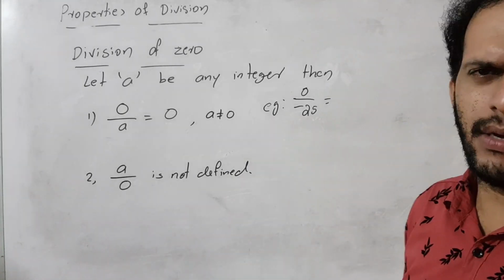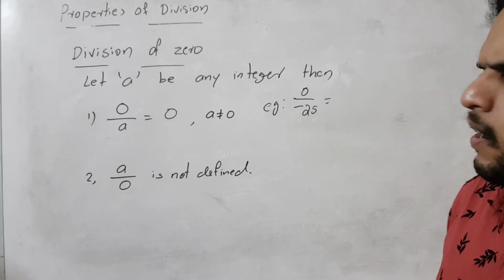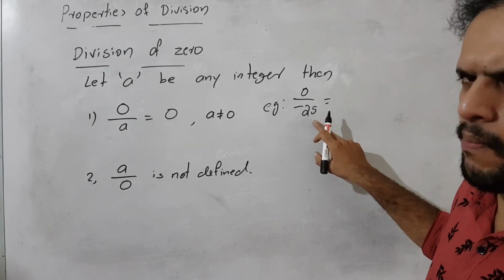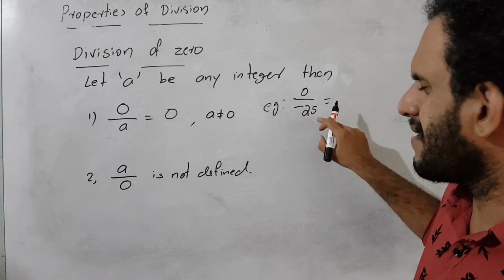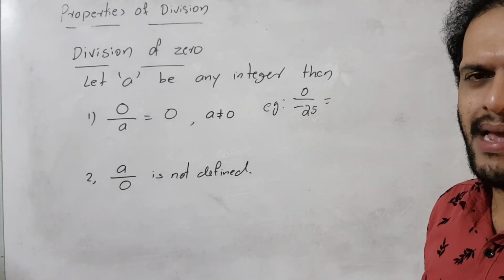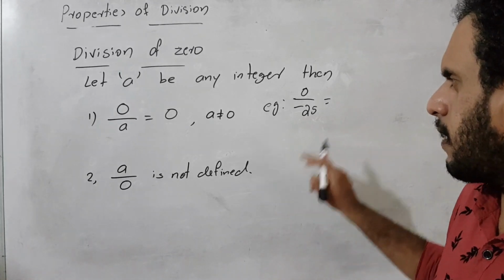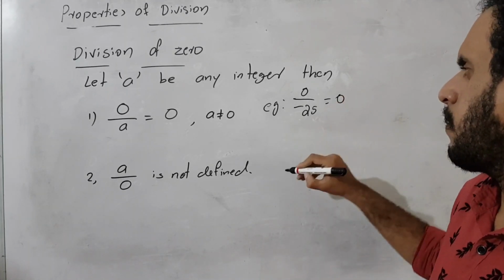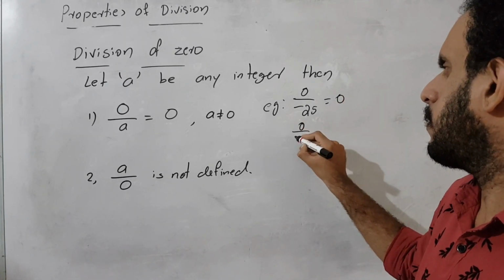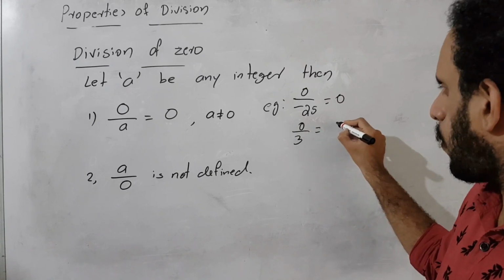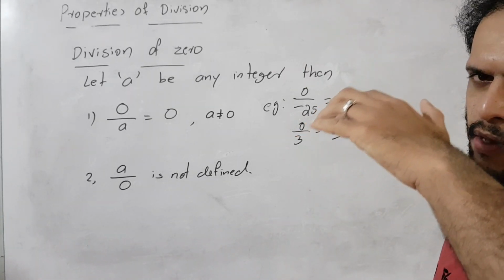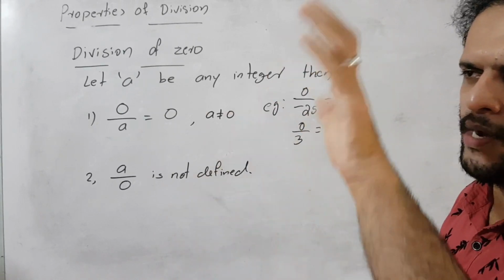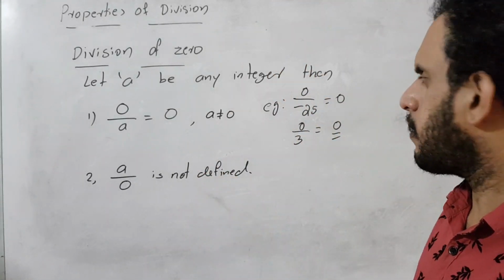Isn't it? Minus 25 is not equal to what? It is not equal to zero. So if we divide zero by any number other than zero, what is the answer? If you divide zero by any other integer except zero, then what is the answer? The answer is 0. What is 0 by 3? 0 by 3 is also 0. That means if we choose any number and divide 0 by that number, the